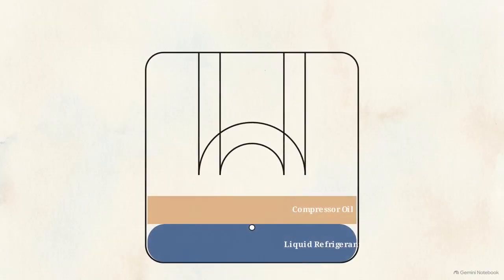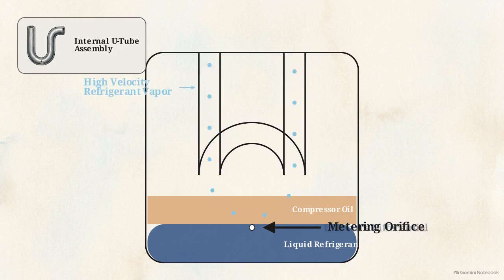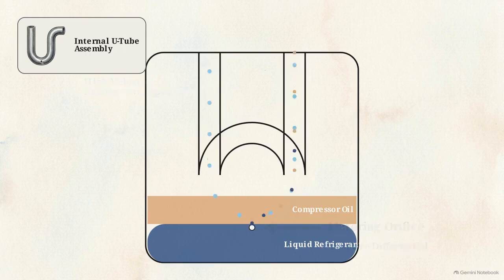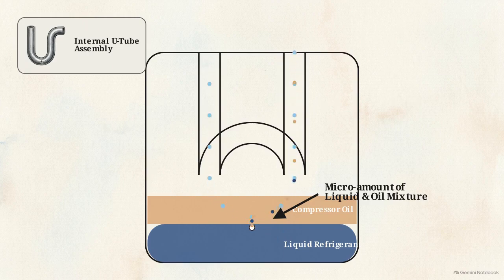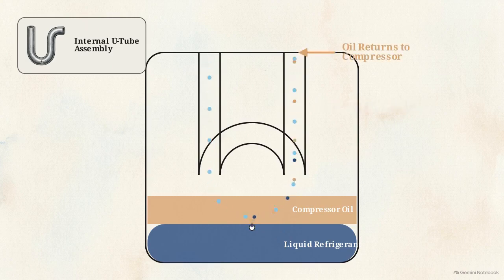The solution is found in the specific geometry of the internal U-tube, which features a tiny aperture at its lowest point. This is the metering orifice. As refrigerant vapor rushes through the U-tube, it creates a pressure differential that draws fluid through this opening. A controlled micro amount of the liquid and oil mixture is siphoned into the vapor stream and pulled toward the exit. This fractional amount is small enough that the liquid refrigerant boils off safely, while the oil is carried back